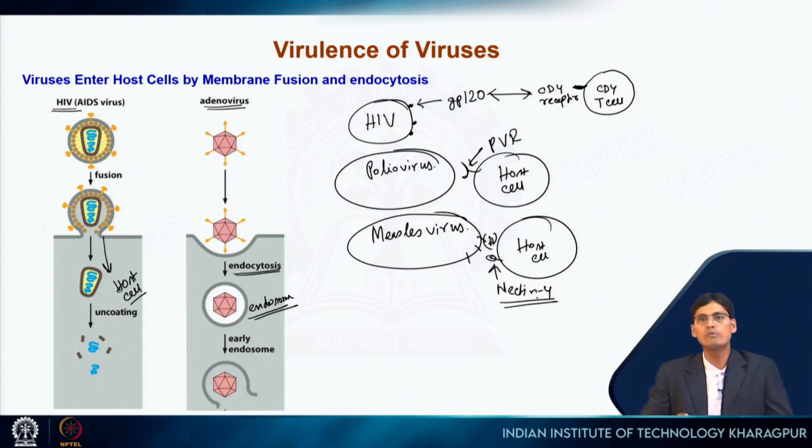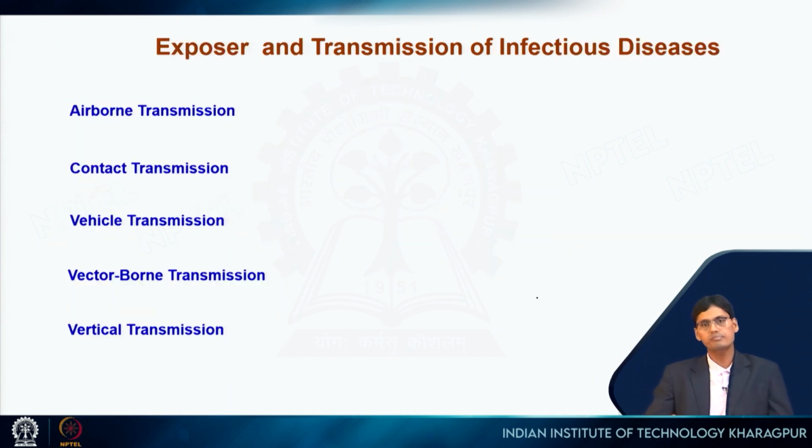So I just gave a few examples. This way many viruses enter inside the host cell and then they multiply. Now, as I already mentioned, just having virulence factors is not enough. There should be exposure with the host so that they can transmit, cause the disease, and establish themselves. So here we have to understand that in order to survive, those microbes utilize